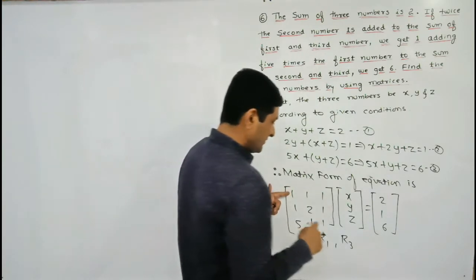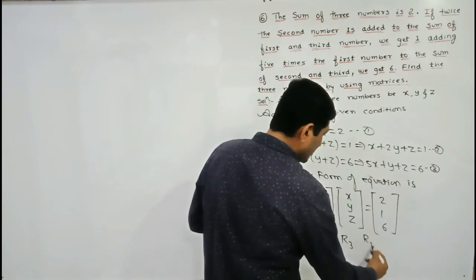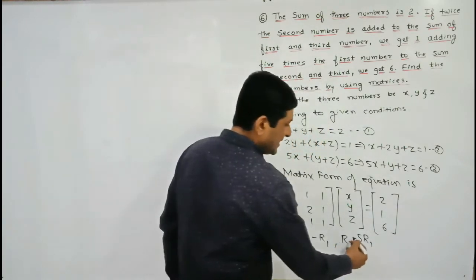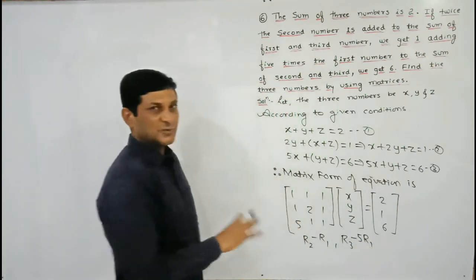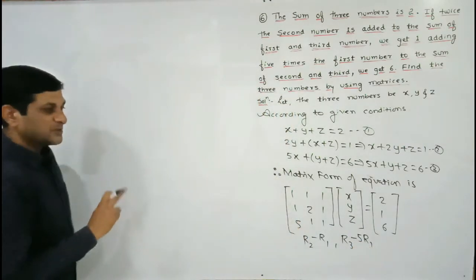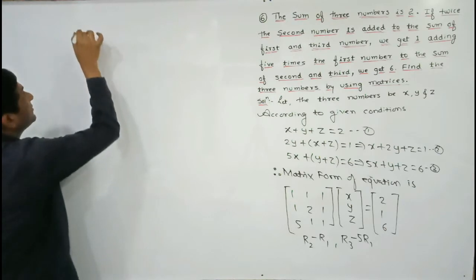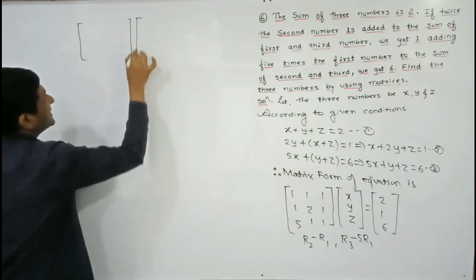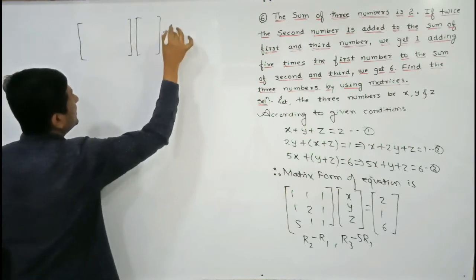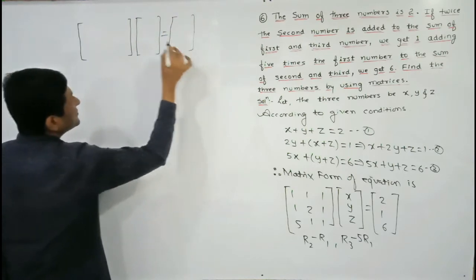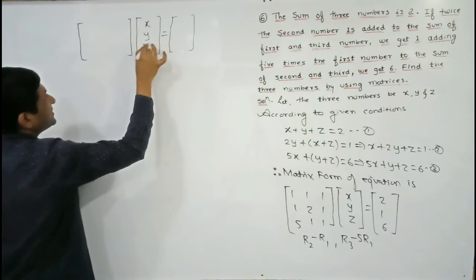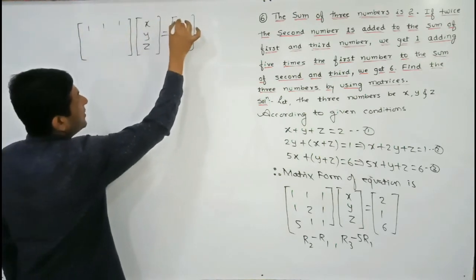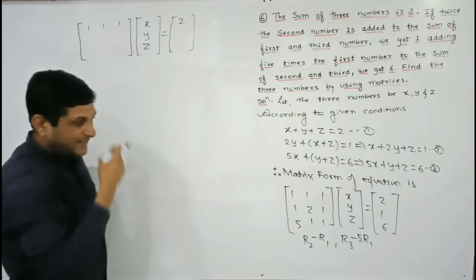Let us check whether we will get 5. Yes, if I multiply R1 by 5, 1 into 5 will become 5, and 5 minus 5 means we have to take subtraction to convert this element into 0. So perform these two operations on the elements of R2 and R3 and let us see what we will get. Since the operations are on R2 and R3, keep the elements of the first row on both sides as they are: 1 1 1, and on this side 2. Now R2 minus R1.